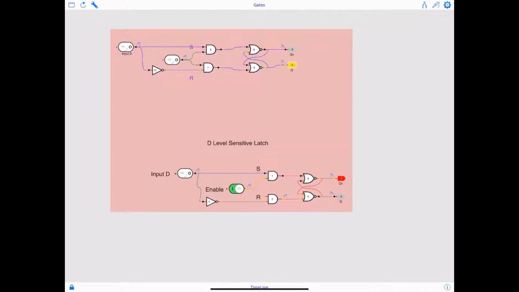Now notice here I need to turn my enable on. Turning my enable on, you see your input D is 0, and because that is 0, Q is 0 and Q naught, the yellow LED, is turned on. But we know the logic for a D level sensitive latch, whenever the enable is high, which is this right here,